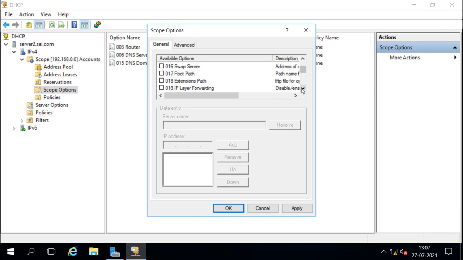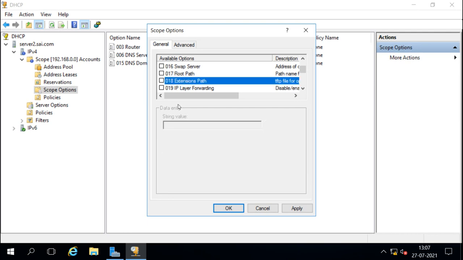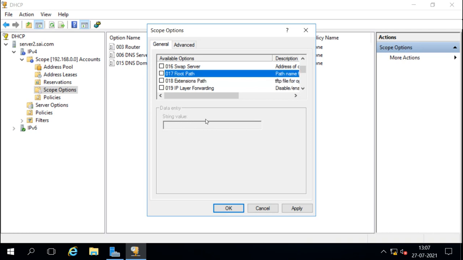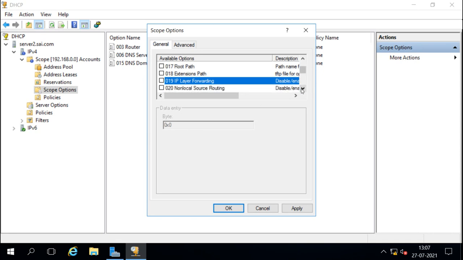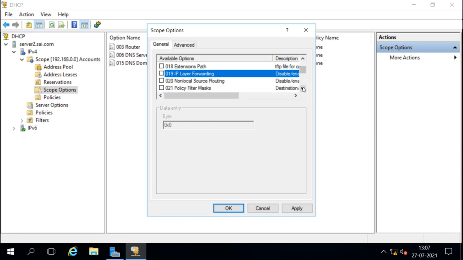According to these options the values will change. Like this is asking for the path, this is also asking for the path. It is not asking for the IP address. This option is asking for the value, disable or enable. So there are multiple options and we can select those options, add the value there, and then we can apply it.